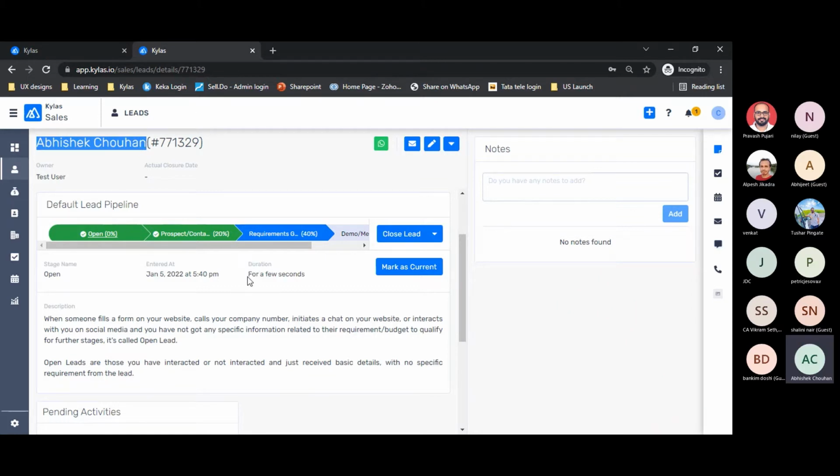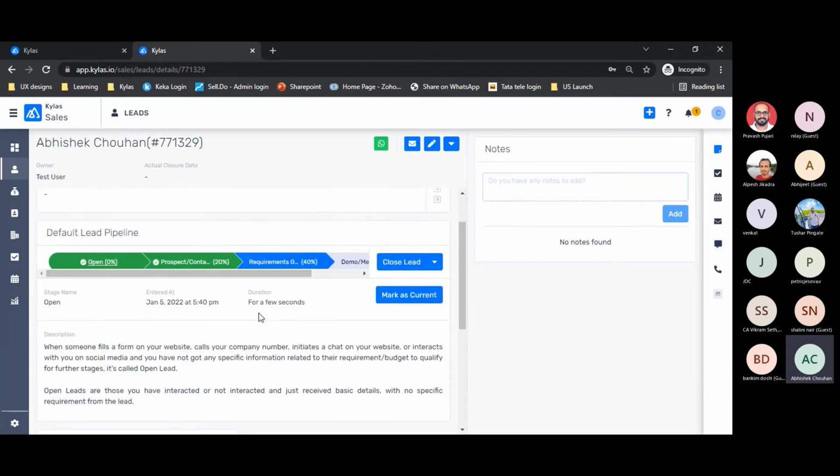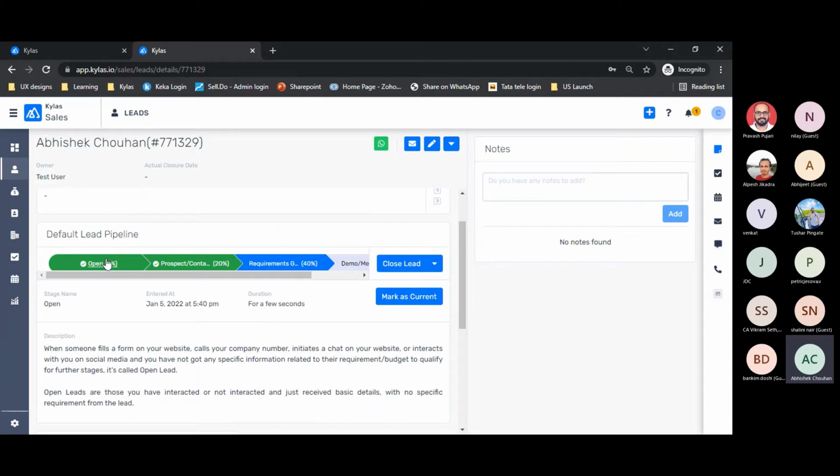Since the duration for which this lead was in the open stage was, let's say, a couple of hours, which is beyond your expectations, right? So this gives you a lot of idea about a particular lead in terms of which stage the lead is currently in, for how long this lead was there, and when this lead entered a pipeline stage, right?